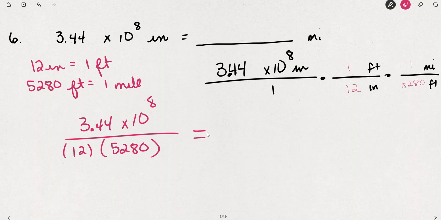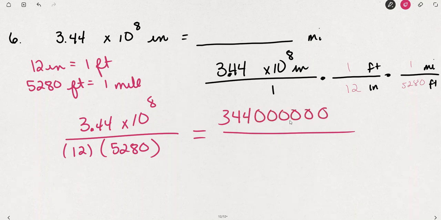Let me write this out first. 1, 2, 3, 4, 5, 6, 7, 8 places to the right would give us 344 million, right? So if you're more comfortable putting 344 million in instead of 3.44 times 10 to the 8, that's fine. Then we will divide by 12 times 5280